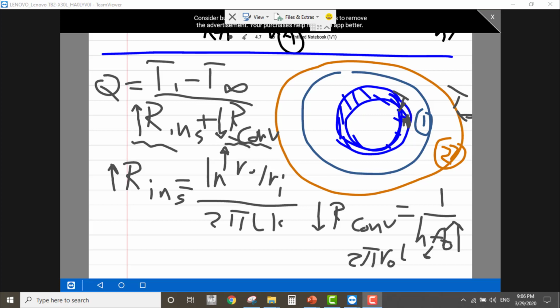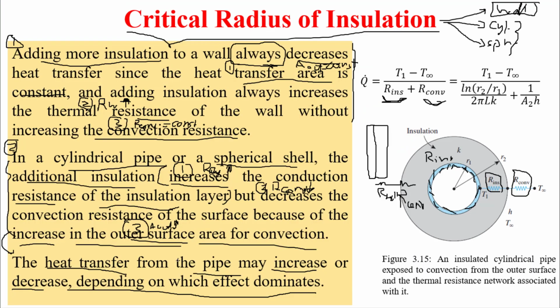So we have one resistance increasing and the other resistance decreasing. So what will happen to Q? We have one parameter increasing and another parameter decreasing. This is why we said that here in this statement, heat transfer from the pipe may increase or decrease